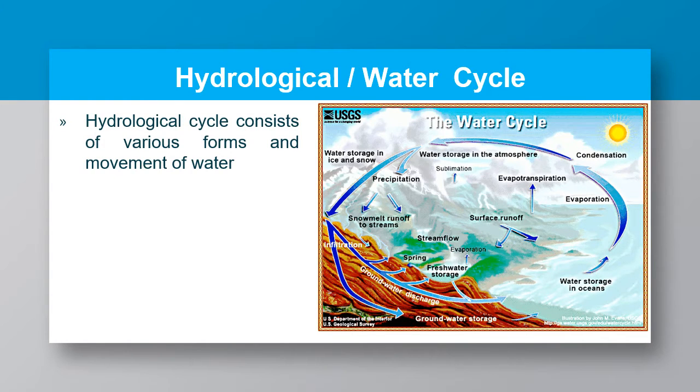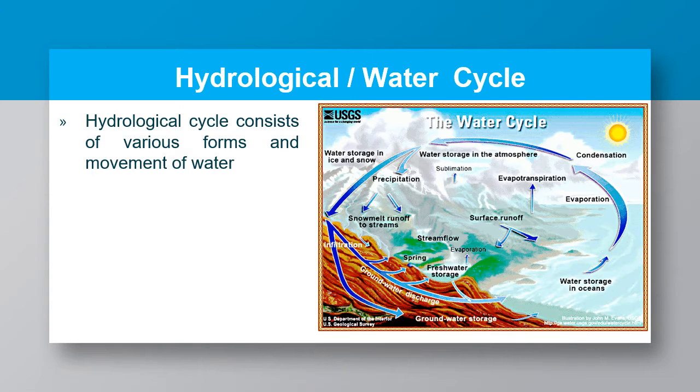So as you can see from this figure of the water cycle, which is taken from the United States Geological Survey, the water cycle consists of various forms and movements of water. So please look at the figure, and we'll start with the ocean part. In the ocean, due to solar radiation, there is a lot of evaporation of water, as you can see from the figure. When it goes up, it condenses and then precipitation occurs